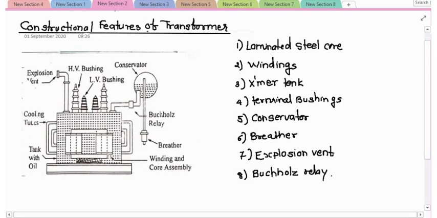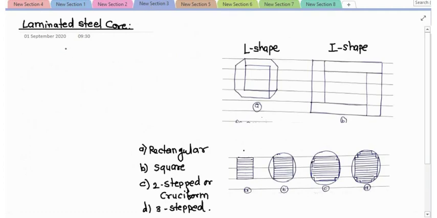So first important part is nothing but the laminated steel core. The core of the transformer is made up of the magnetic material, and it is used to provide the path of the low reluctance or the path of the opposition for the flux. Lesser the reluctance of the magnetic circuit, stronger will be the field, and more EMF get induced in the primary as well as it will link with the secondary. The material which is actually used for core is nothing but high grade silicon steel.